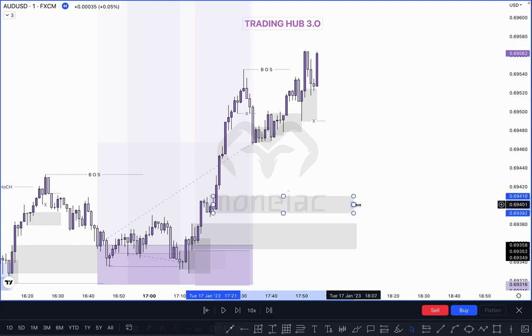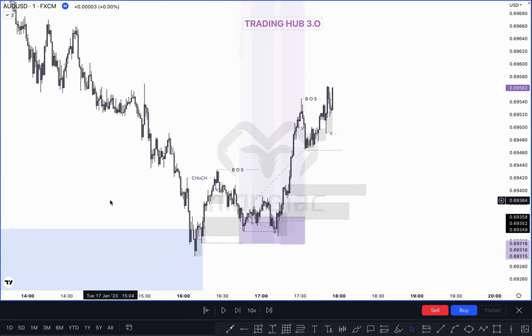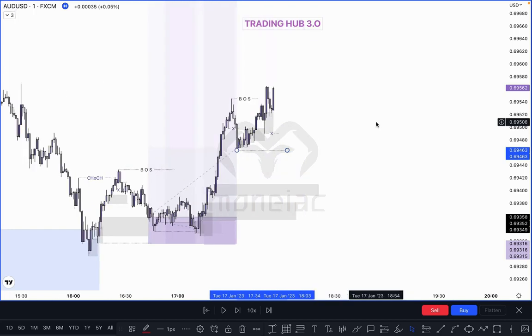Look at this one. Which one? Why? Because if you are thinking this is a chalk, exactly, this is a chalk, but we can buy here. Why? Because the market already tapped your 15-minute PY, and the market does not follow only the 1-minute time frame. This is a chalk in a 1-minute time frame, but this can be a 5-minute inducement, right? Every chalk, most of the time, is an inducement for a higher time frame. Okay, so this can be used as a higher time frame, but we can buy here, but you need additional